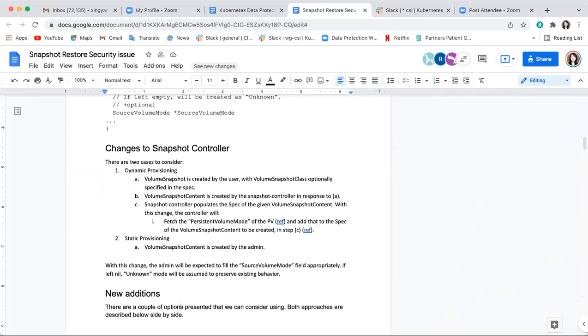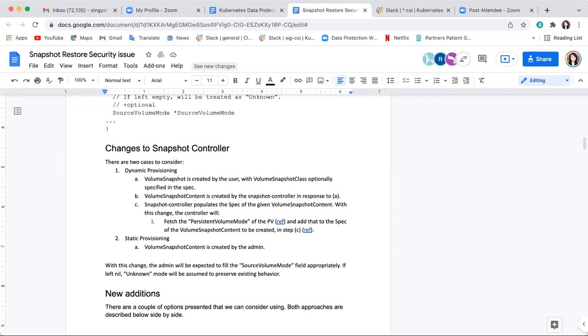Then the snapshot controller is going to create the snapshot content, and when it creates it, it's going to populate the spec of that snapshot content with the volume mode of the persistent volume. I've given a bunch of references where currently in the code, the snapshot controller actually has access to this information. It just doesn't do anything with it.